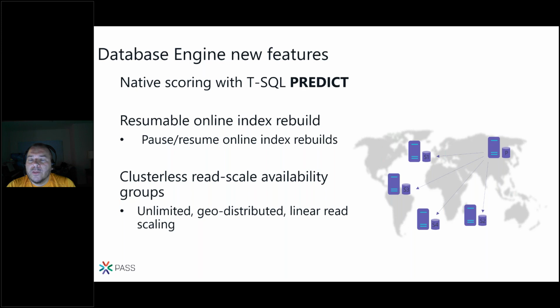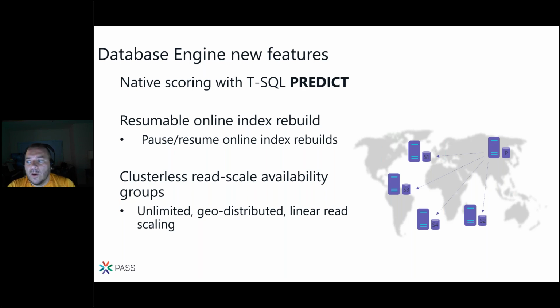And if you are familiar with Always On availability groups, we now support clusterless configurations. So there is no need to use Windows Server clustering or Pacemaker clustering if you want to use availability groups and the readable secondaries for read scale using the round robin technology that we have in availability groups. So read scale is obviously in this clusterless configuration just for scaling out reads. If you want to do failovers, you have to do them manually because there is no clustering software.